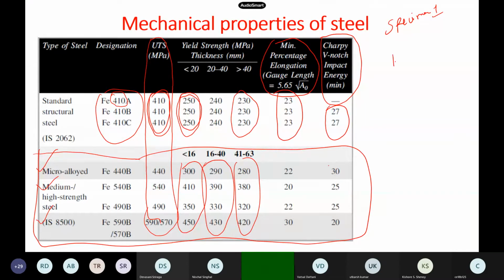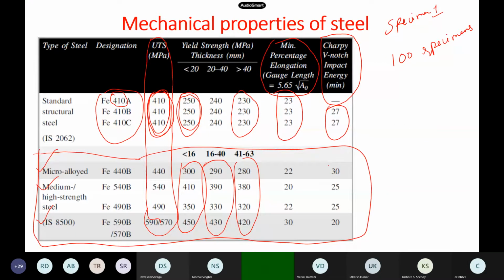If you have tested 100 specimens, you will get 100 different values, 401, 402, 415, 420, all kinds of randomized values will come into the picture. So when the code says 410, what does this 410 correspond to in probability? It corresponds to the characteristic strength of 5%.